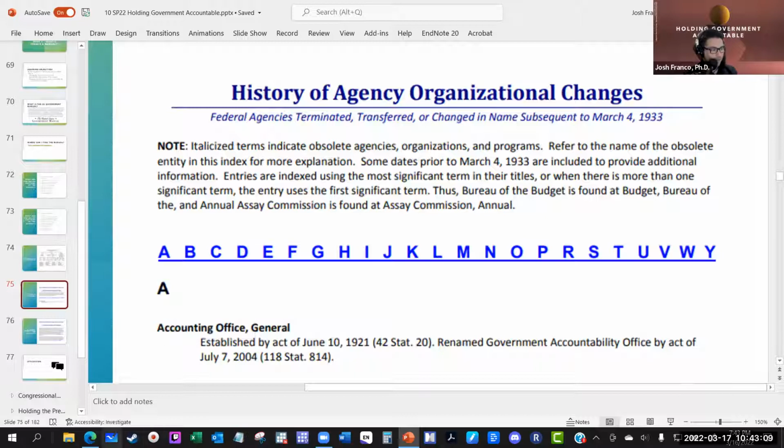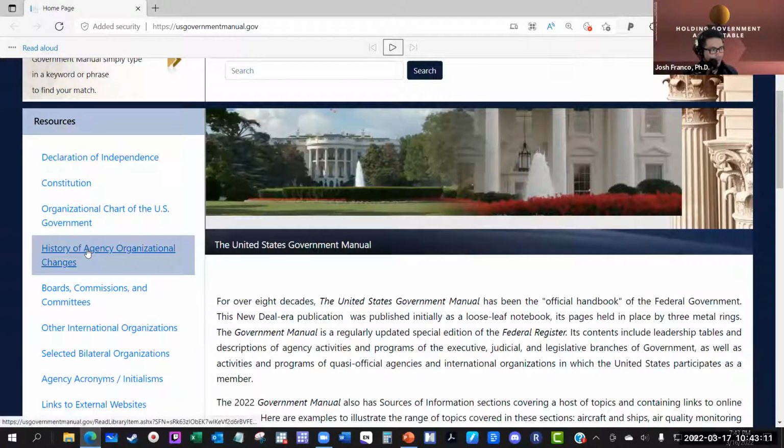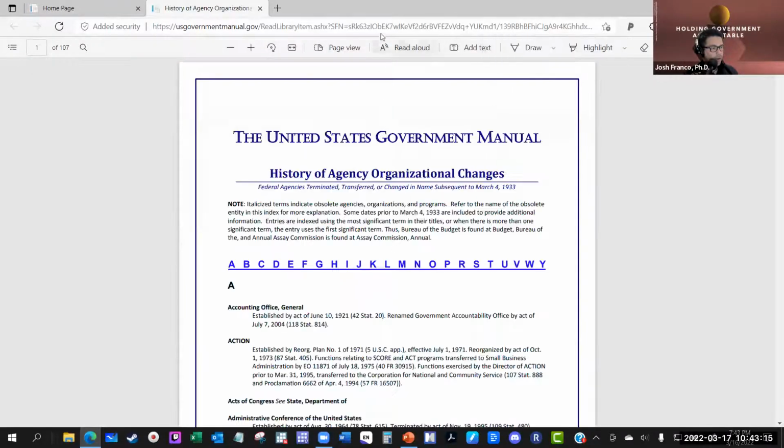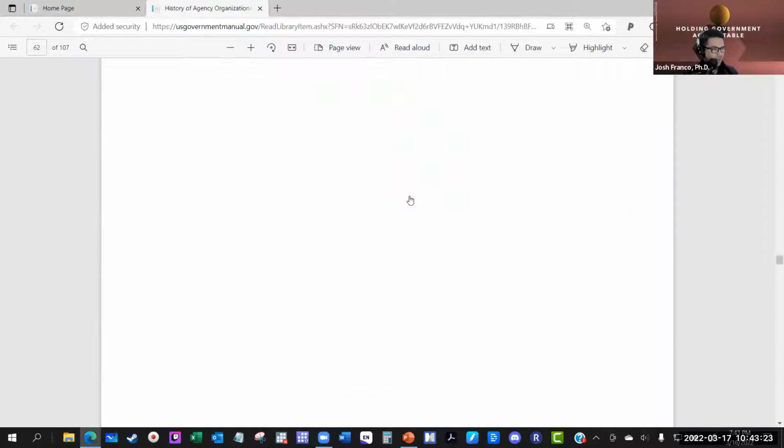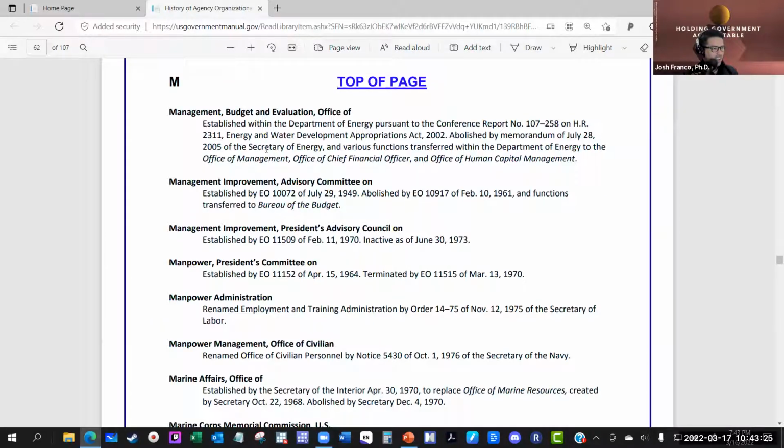Second section is history of organizational changes. I'm going to go ahead and go back to the website. We'll click on that link, history of agency organizational changes. Post the link in the chat for posterity. And we'll just zoom in here. So let's say, for example, we just click on M. And in this case, the Office of Management, Budget and Evaluation, established within the Department of Energy pursuant to conference report number